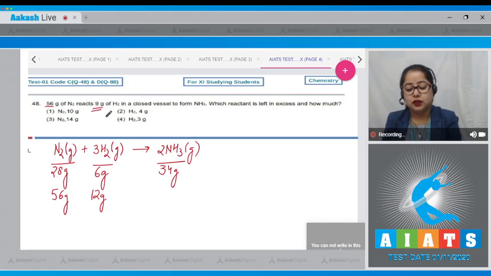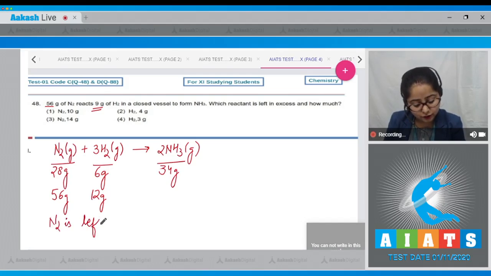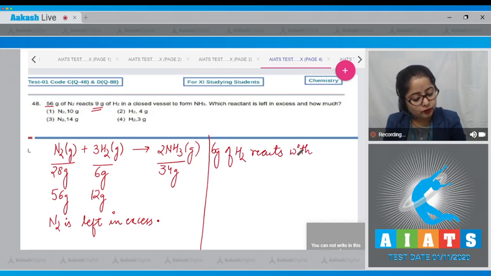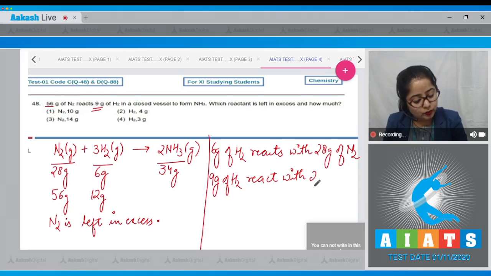But here it is given 9 gram. That means H2 is a limiting reagent. So it is very clear that N2 is left in excess. Now let's calculate how much. So for that we need to know that 6 gram of H2 reacts with 28 gram of N2. That means 9 gram of H2 will react with 28 divided by 6 into 9 gram of N2, which is equals to